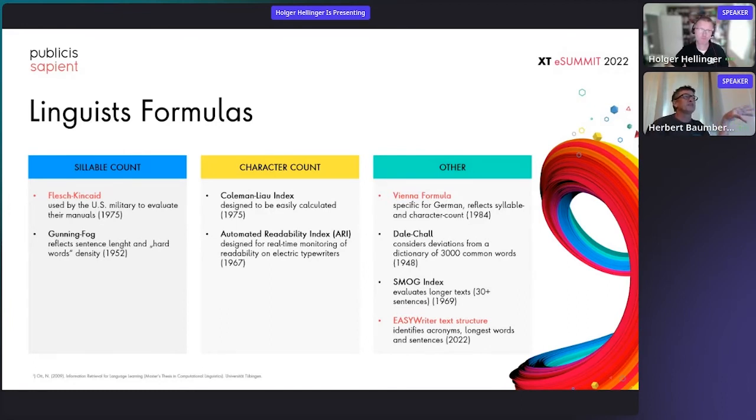Another way of looking at this is doing a simple character count. While this is simpler to calculate, as you can imagine, we don't have to identify the syllables, but simply count the characters: how long are the words, how long are the sentences, how many characters are used all over the place. It is actually looking as if these character count based formulas are slightly more accurate than the syllable count one. So this comes with a positive effect, not only on the implementation side, but also on the result side, right?